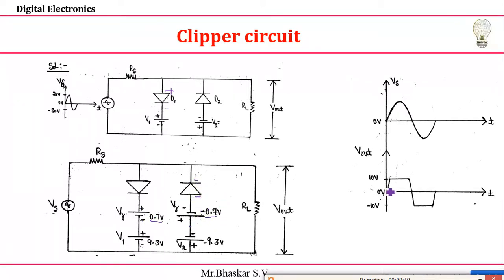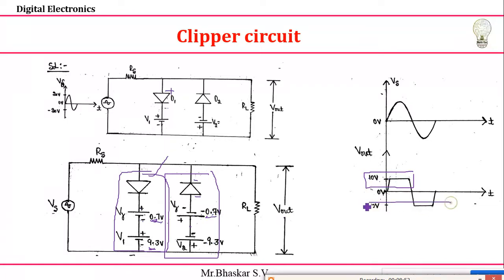Our main intention is to clip at 10 volts. I want a positive peak of 10 volts, so definitely from this circuit I'll get the positive peak, and from this circuit I'll get the negative peak. So this will decide my positive voltage. Then to get 10 volts, if you add these two voltages, it should be 10. They already gave 0.7, so 10 minus 0.7, easily I'll get 9.3 volts. 9.3 plus 0.7 I'll get 10. Similarly here, minus 9.3 minus 0.7 I'll get minus 10. So these are the two that get decided, and this is the equivalent circuit.